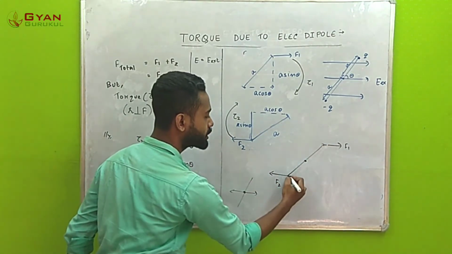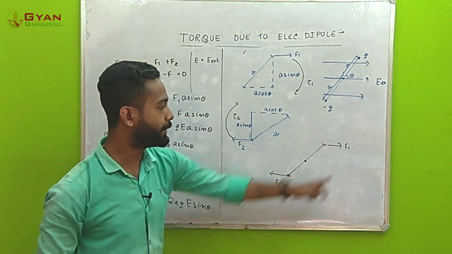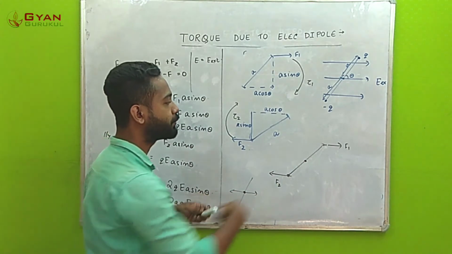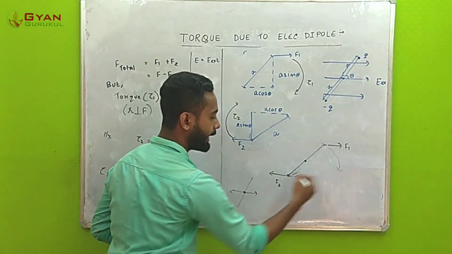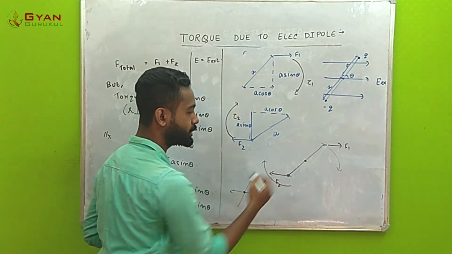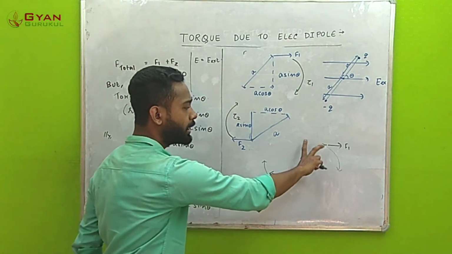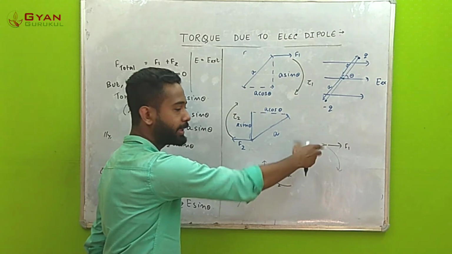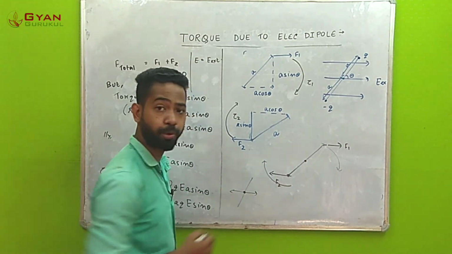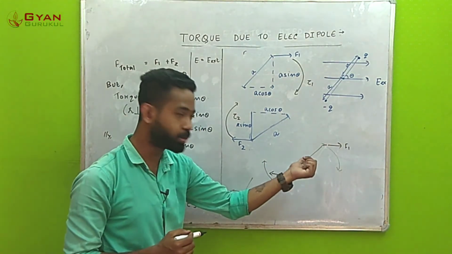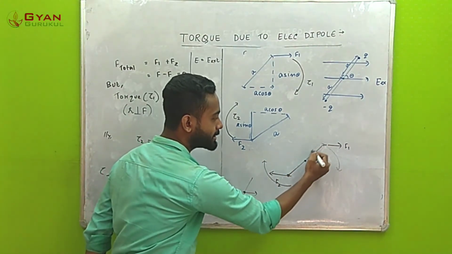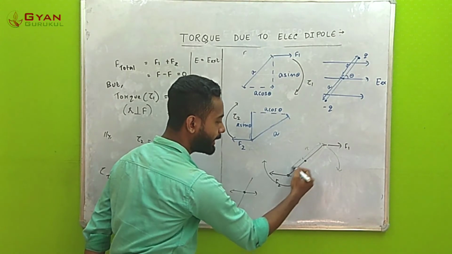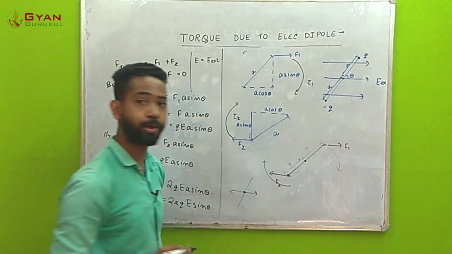Because if you can see, these were the two charges, Q1 and Q2, and because of these two forces, this force is going to rotate this object in this particular way, and this force is going to rotate the charge in this particular way. So as a whole, the system is going to rotate in this particular direction, and this would be the axis of rotation, the point through which the axis of rotation is going to pass. So taking this point, these distances are A and A, because the total distance was twice A.